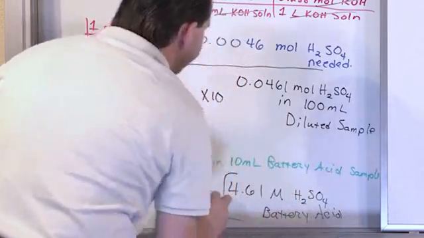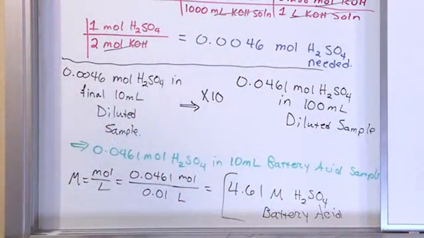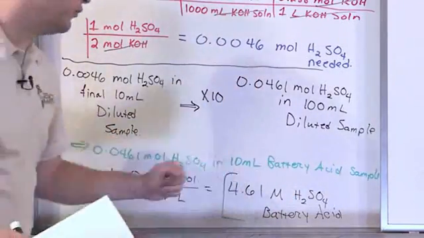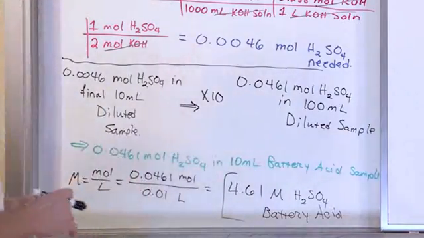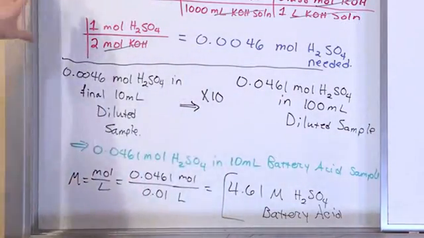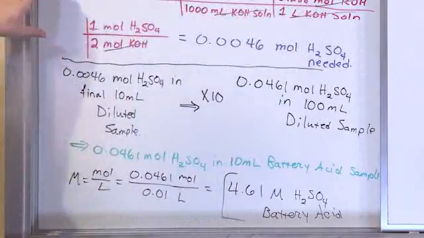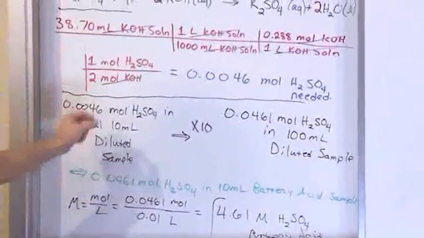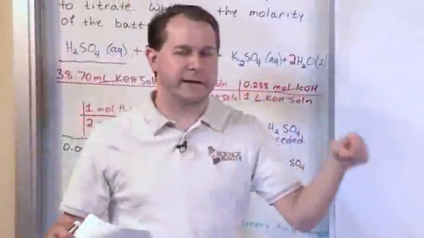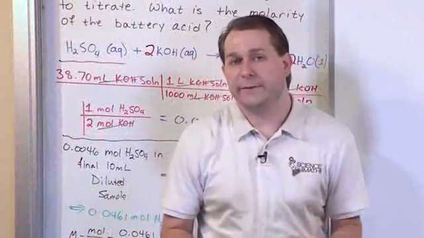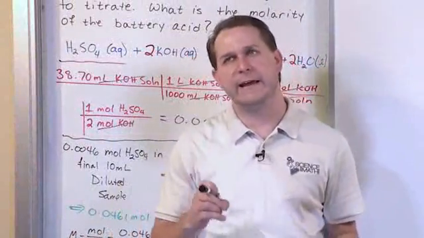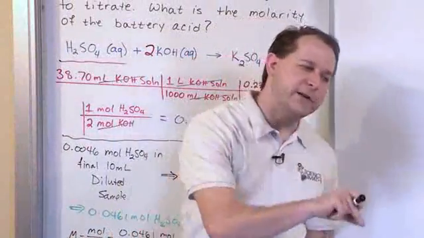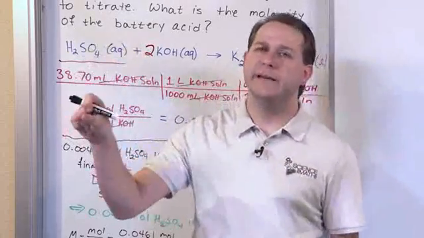So pretty high molarity, pretty high concentration. And that is the molarity of the original battery acid. So again, you need to notice the actual math here, like most of the chemistry part of it is pretty short, and the rest of it was kind of a logical string of thinking. And I'll admit, even for me, I had to think about it for a few minutes. I had to think backwards from the final state and kind of work backwards to the beginning to see what